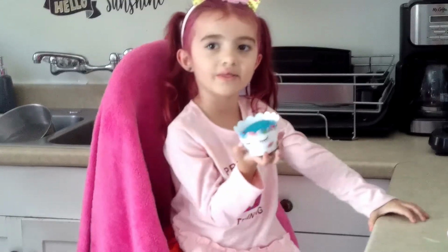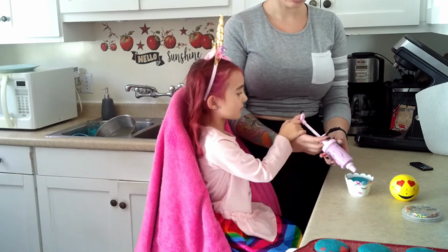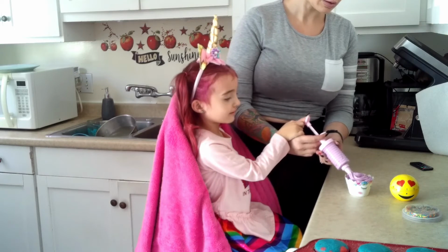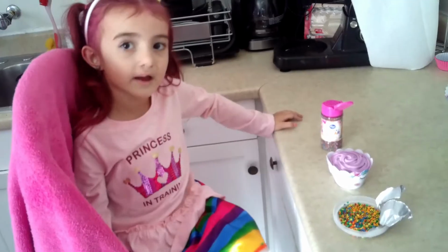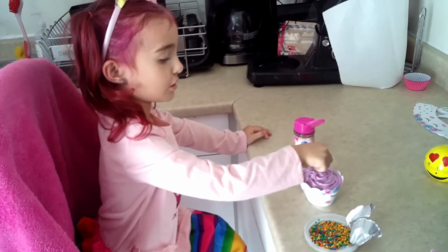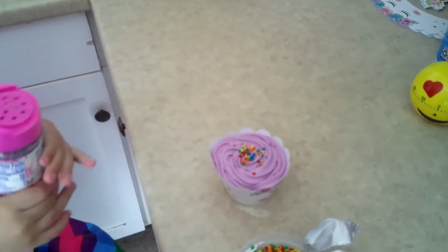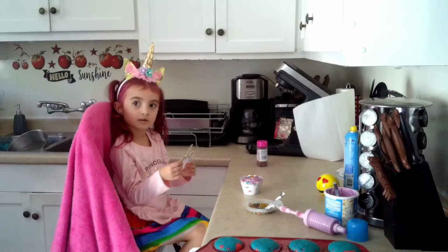Decoration 1 is done. Time to do frosting. Mommy's going to help me. Put your hand in. Yum yum. Now I'm going to start doing my sprinkles. Now the sprinkles. Now just stick my